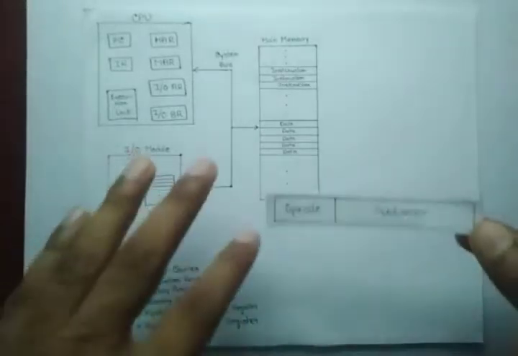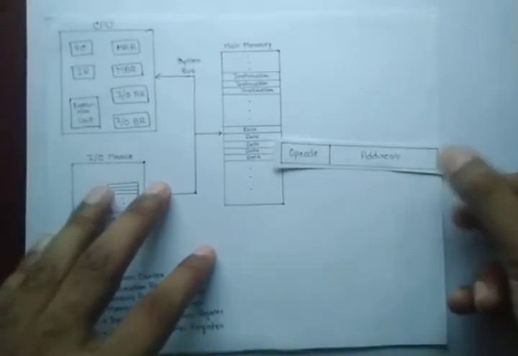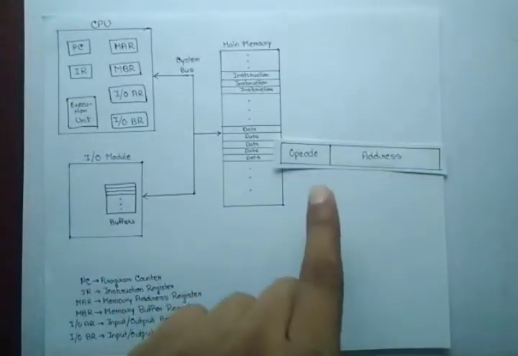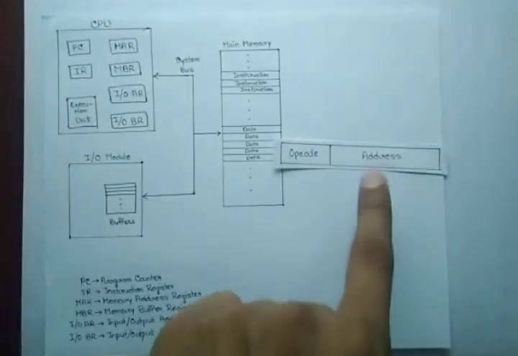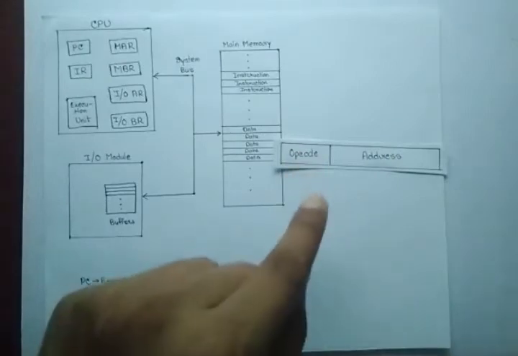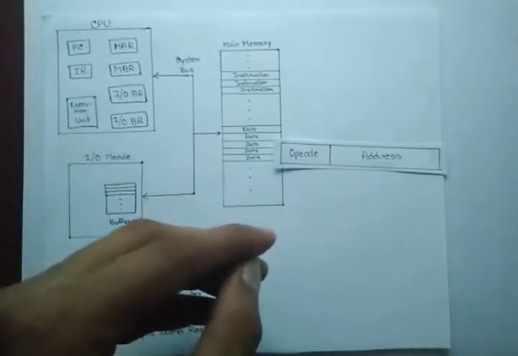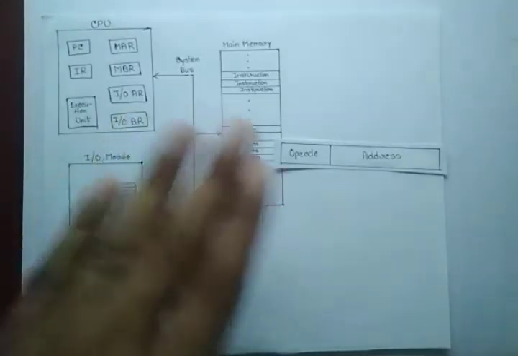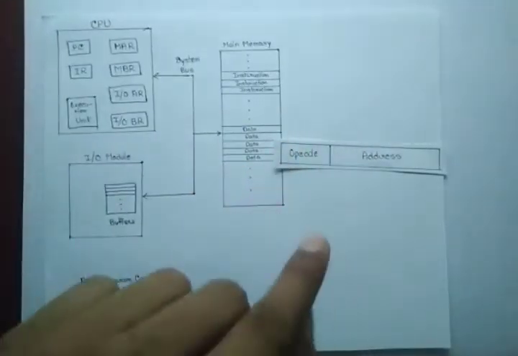So this is how an instruction is being represented inside the computer system. This whole instruction is divided into two parts, where one part is for the opcode and the other is for the address. This opcode stands for operation code. This tells what operation needs to be performed, and by that I mean maybe an addition operation or maybe copying of data. All those things are considered under the operations.